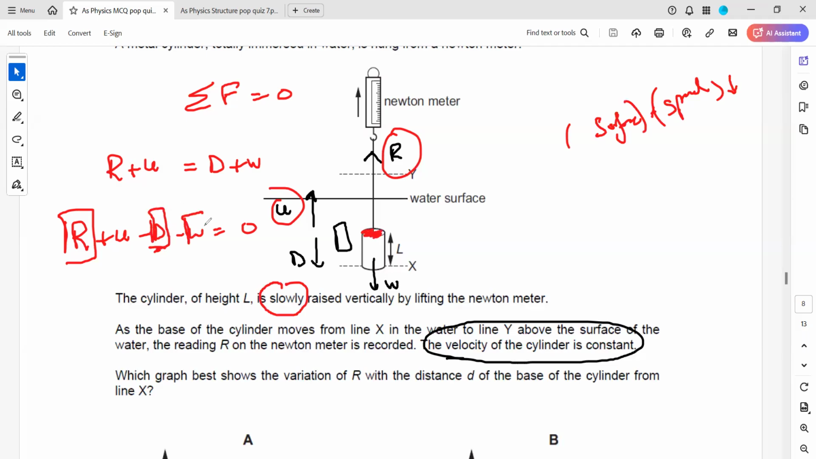The weight of an object does not change. The upthrust, until the object is completely submerged, will not change. So all the values are not changing. So what will happen to the value of R? The value of R should not change. So if we sketch the graph while it is underwater, until it is underwater, the value of the